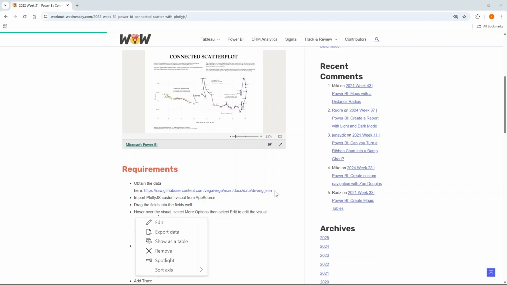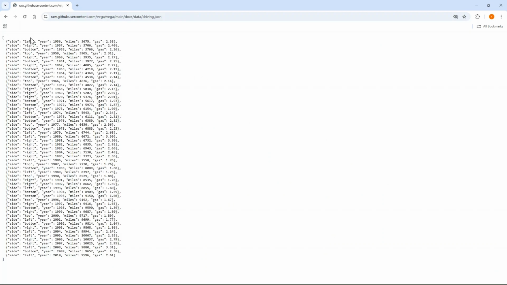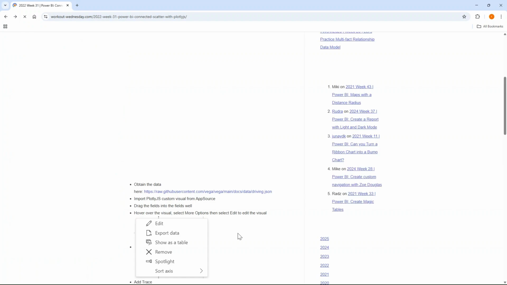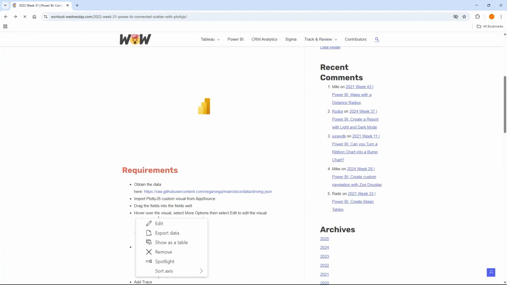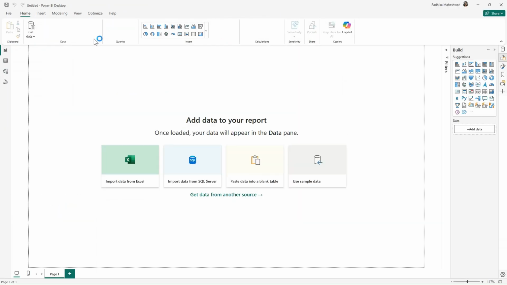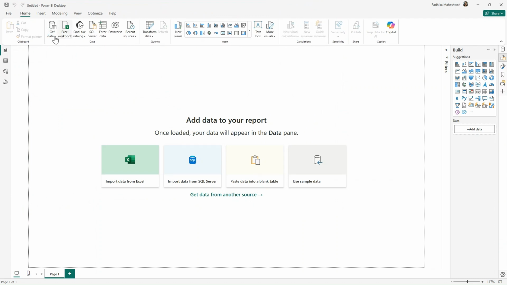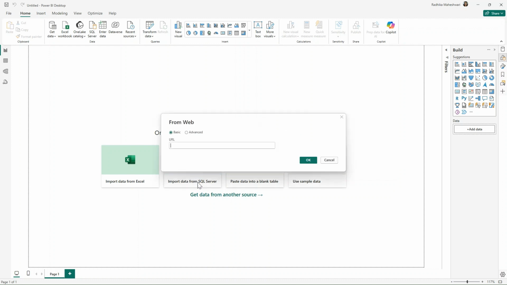As always, we will first start by getting data into Power BI. This is the link from which we can get the data. I'll just quickly open this and show you how the data looks like. This is the raw format of data. So I've just copied this link and now I'm going to open my Power BI. And here I will go to get data and then go to web. And in this web connector, I will put my URL and click on OK. Once I do that, my data will be fetched from this URL